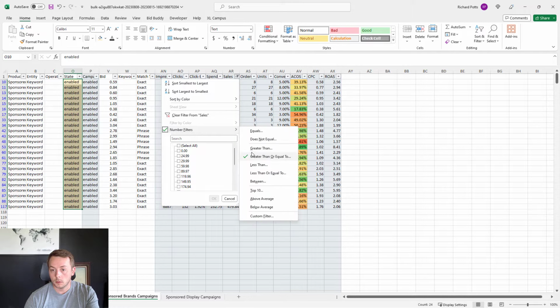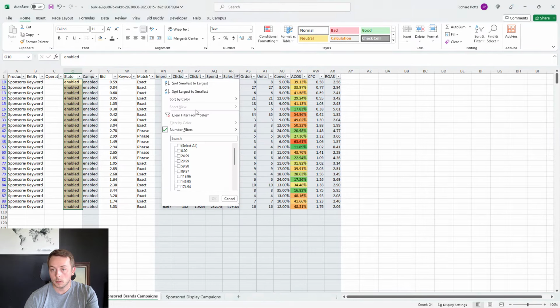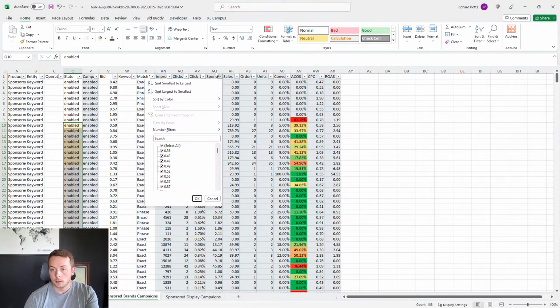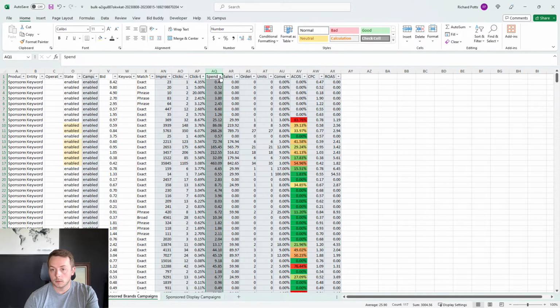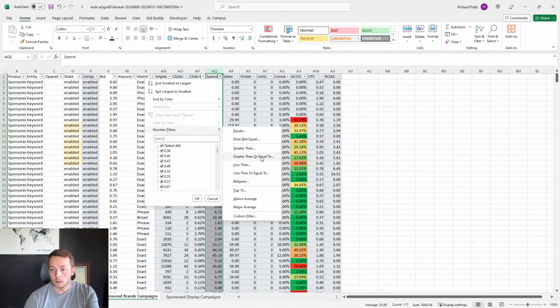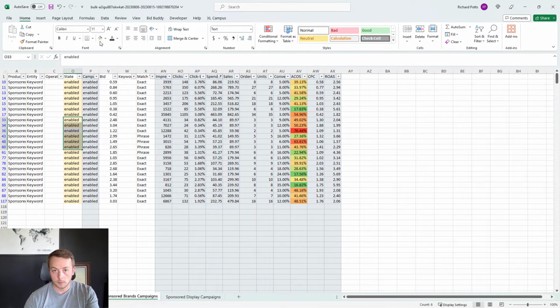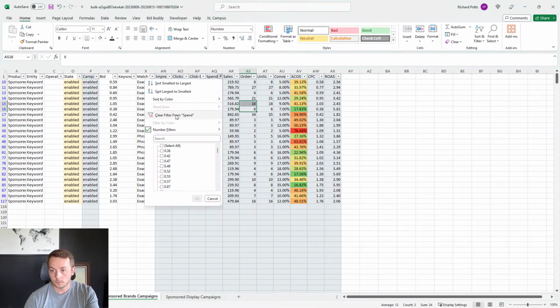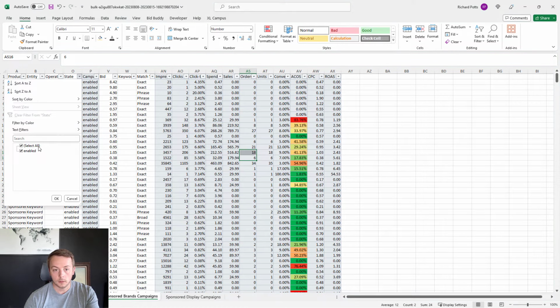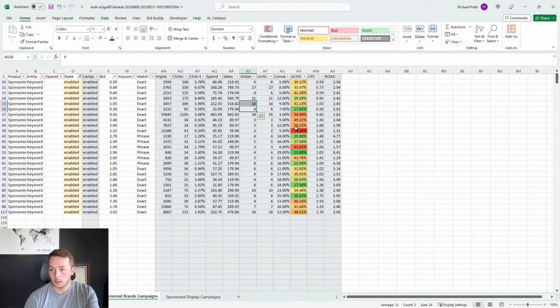And number filter. Sorry, I want to clear that. That's 30. Greater than or equal to 30. Okay. And then we will do that. Okay, so